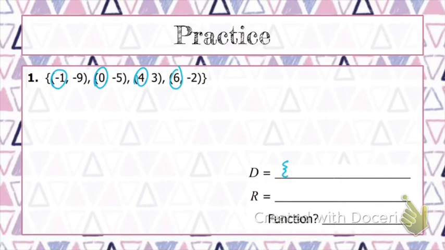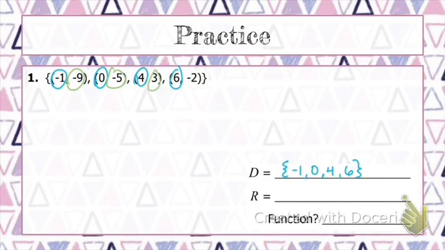So you list them in order of their value, so not always left to right. Okay, in this case, they are in order left to right from least to greatest. So we have -1, 0, 4, and 6. That is our domain. Now our range